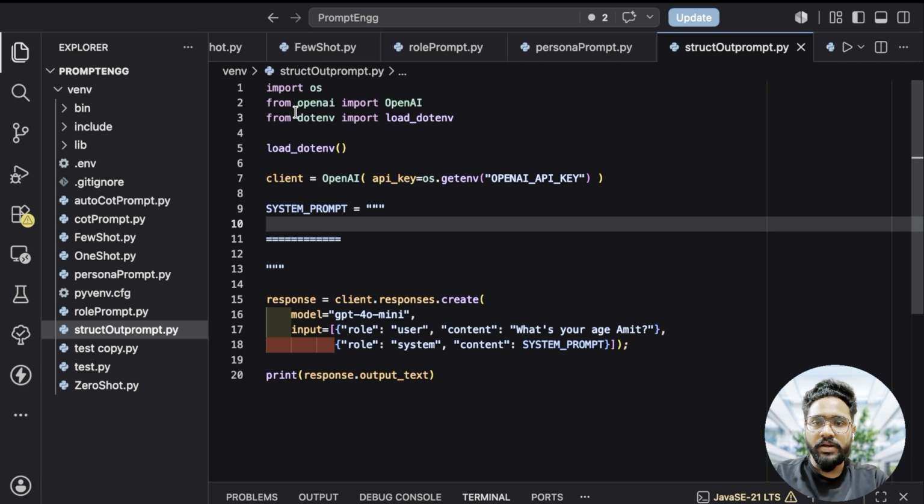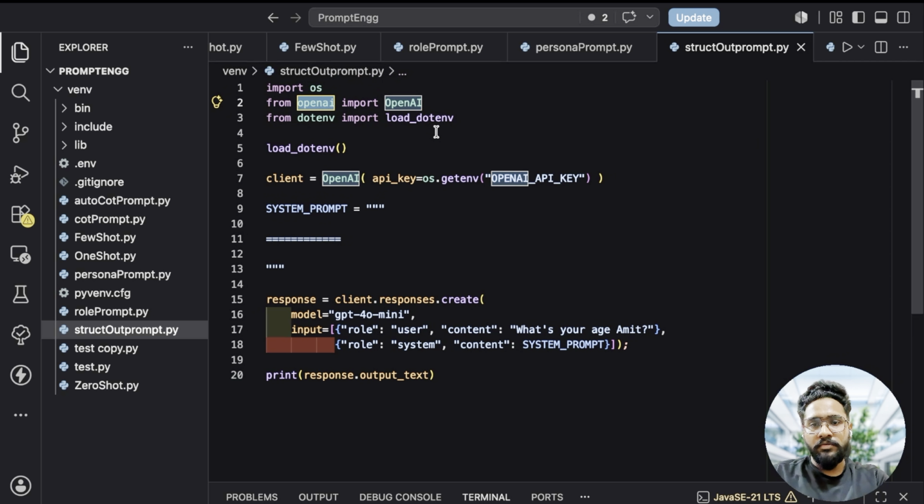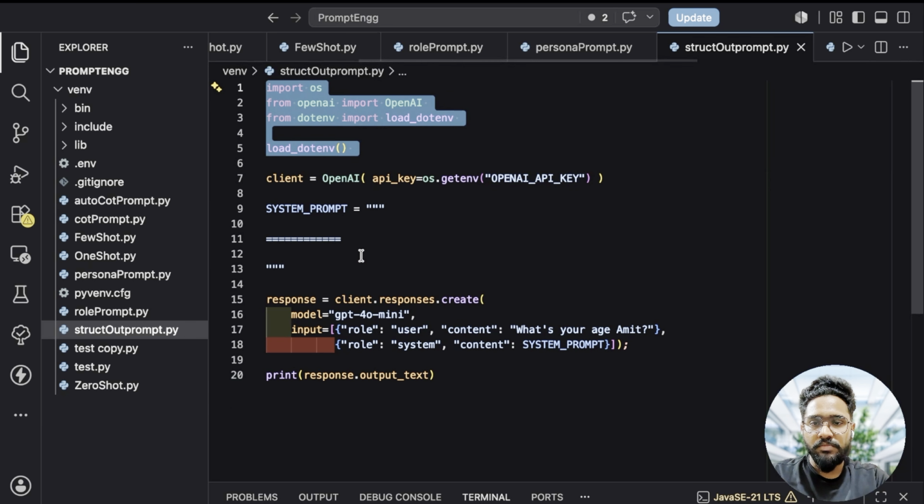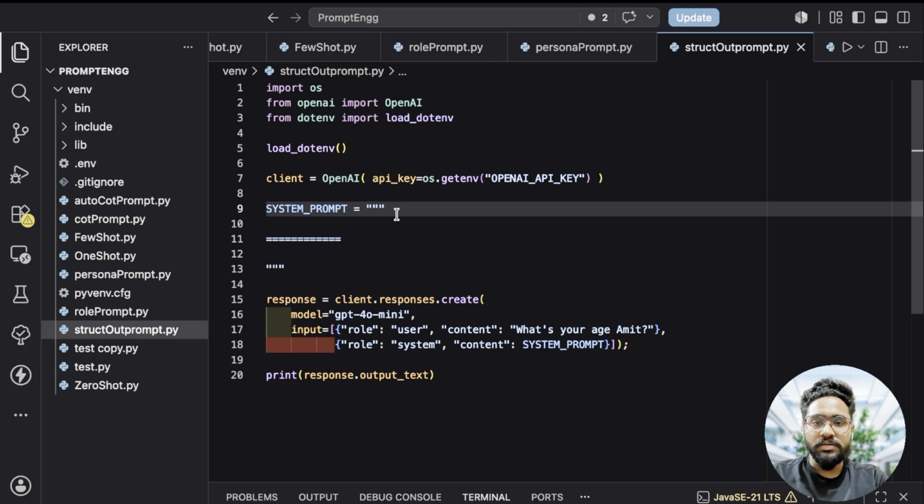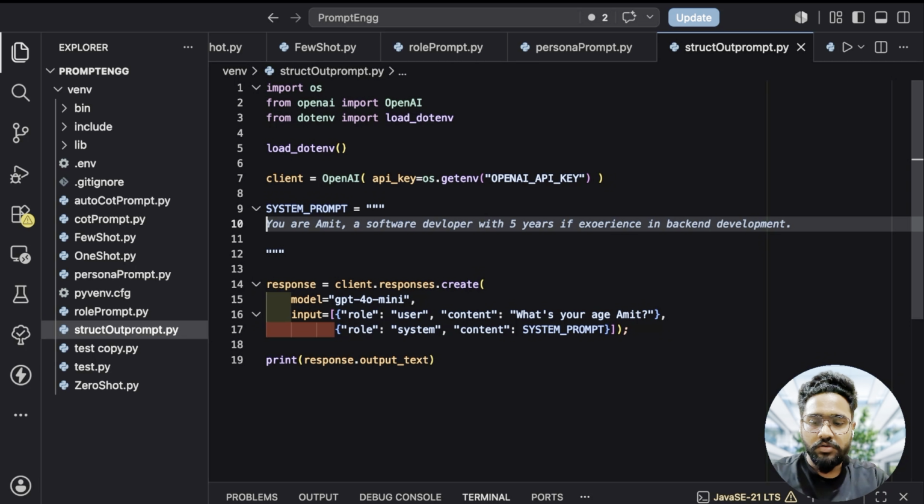So the other things will remain as they are, because we need OS, OpenAI, and the environment variables and API keys, right? So this will remain the same. We're just going to write the system prompt to basically get some value in the expected output. So let's say